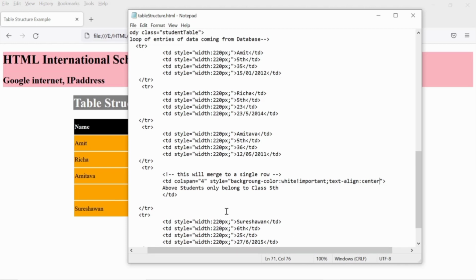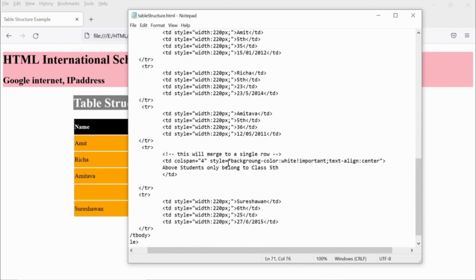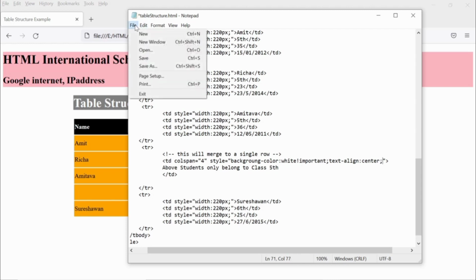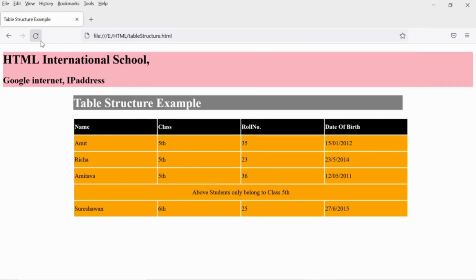a syntactical error, because this text that we write in the text box is only written once. If we do not take care of it, it will not give us any error because it's a simple Notepad, we are not using any editor, that's why it is not showing us any error. So there will be one syntax mistake inside that. That's why the important css tag is not getting applied. So let's troubleshoot it. Let's add D to the last background color. So you should have the right proper tags.